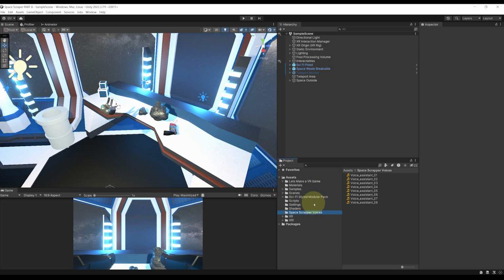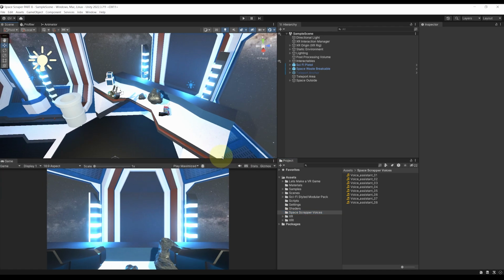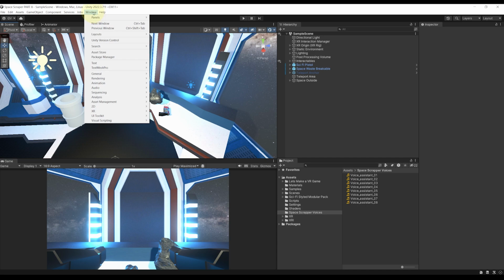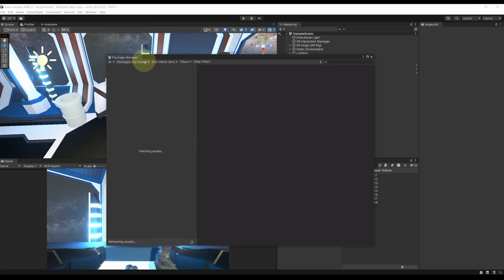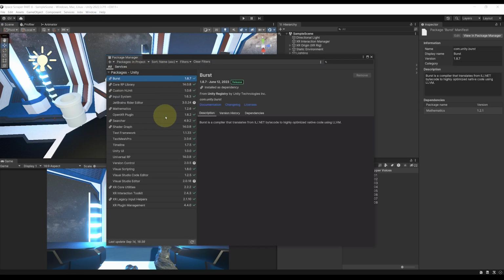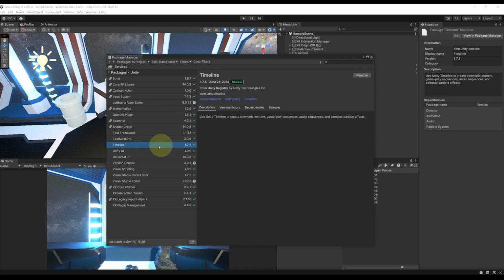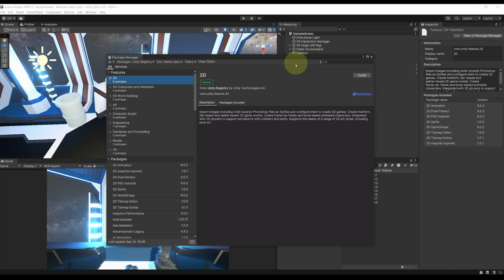Now, anyway, the big question is, how can we link the narration with the action of our game? And for this project, I'm going to share with you my little secret on how to do so with a timeline. So let me show you. Now, a timeline is basically like doing video editing. Now, if we go to Windows, Package Manager, then go in Project, you should see by default the timeline already imported in the project. Otherwise, you can search for it in the Unity registry and add it